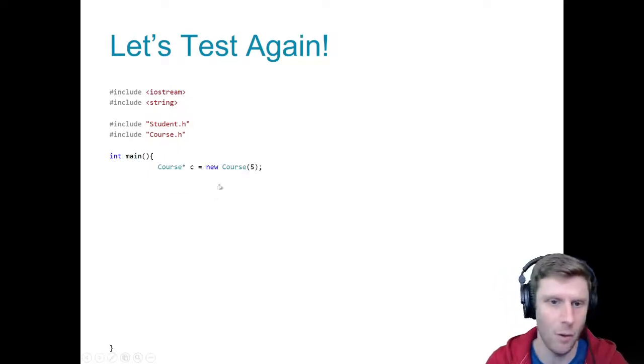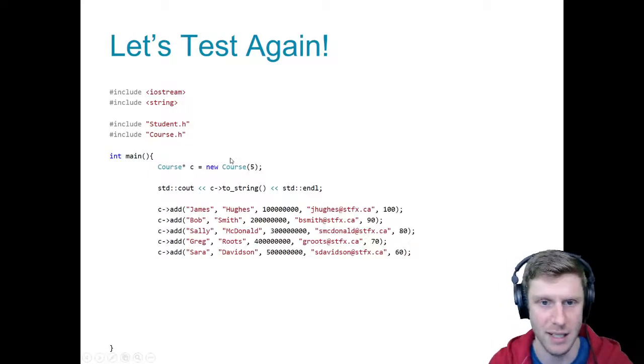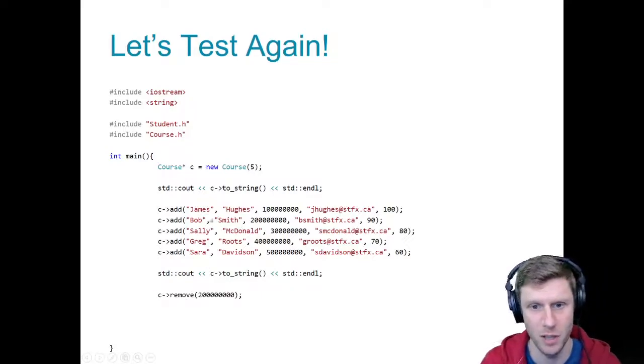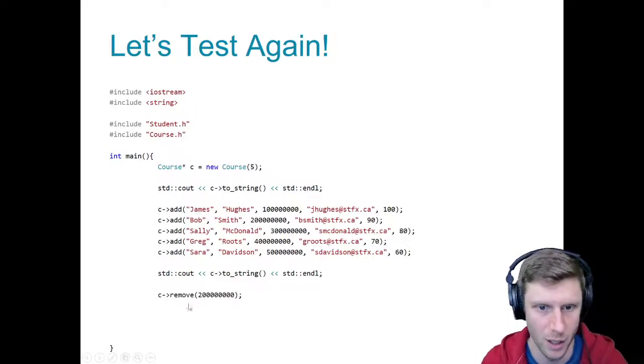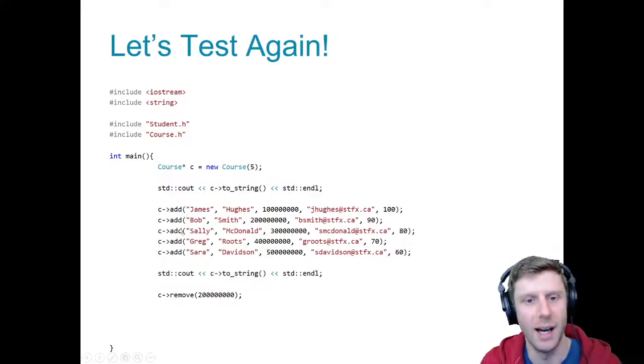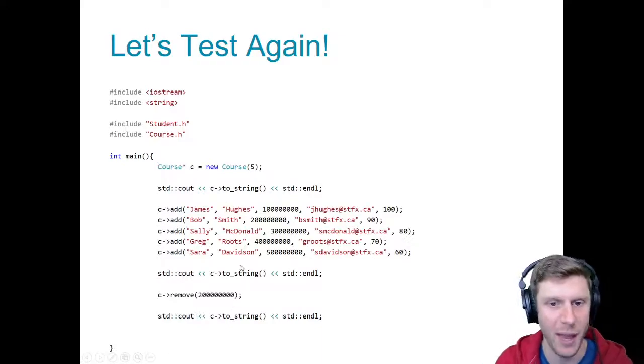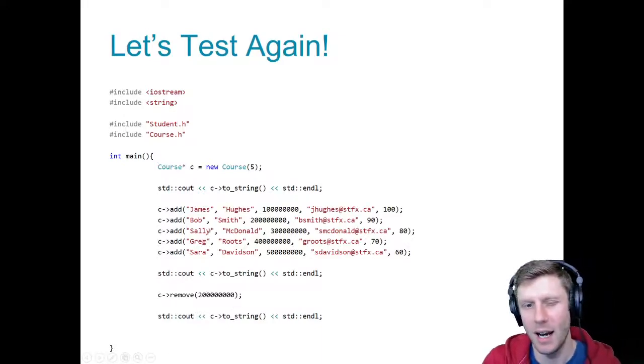So here, I won't actually run this code, but here's how we would do the test. This is the same as before, except all I'm doing is saying, okay, remove student number, Bob Smith, or whatever that number is, 1, 2. That corresponds to Bob Smith. And then if I print it out again, we should see the same thing. But I'm curious what the order would be, actually. In fact, maybe I